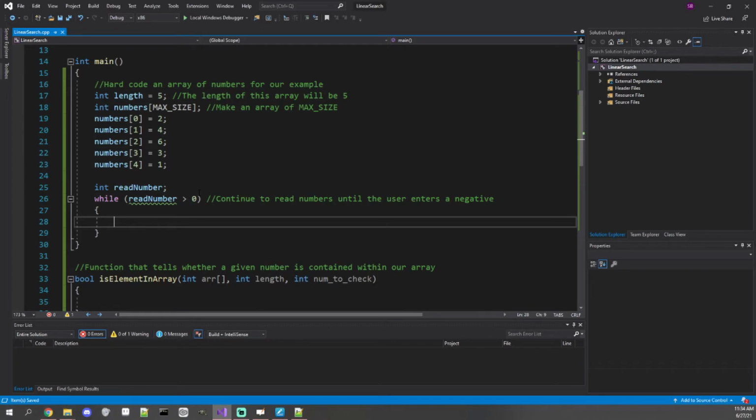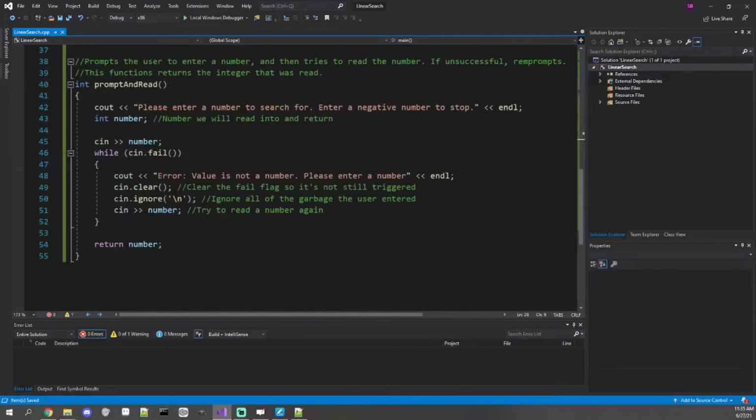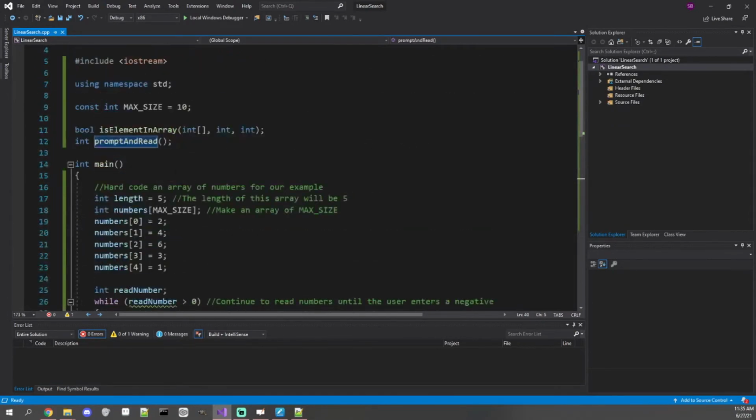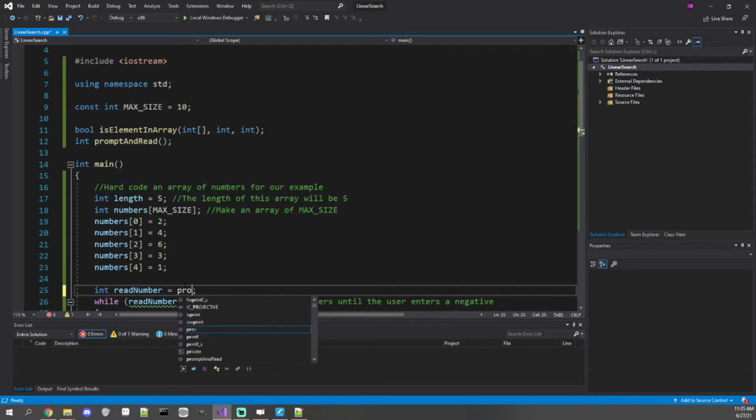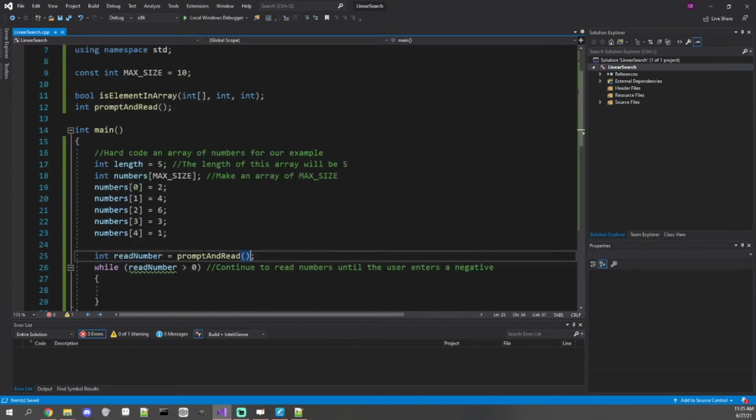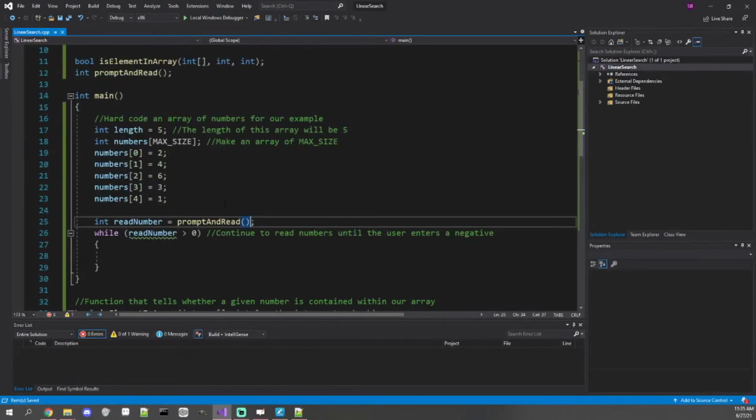And so in main, this will look very clean because we already have a function. So I need to prompt and read, because this is just going to do all the prompting and all the reading for me. And you'll notice that when I use functions, my main looks way cleaner than if I just wrote this all in there. That's one of our advantages of functions, it allows us to reuse code,